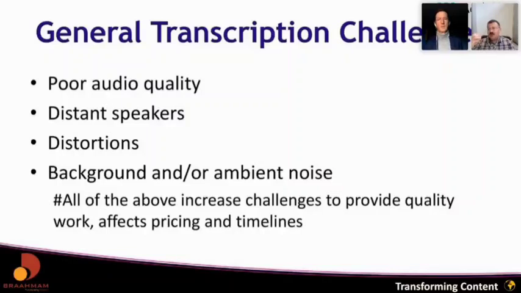An almost similar problem can come if there is a distant speaker. Sometimes we have interviews where the microphone has been kept slightly away, or the speaker is speaking at a distance, and the volume levels are not adequate. And in spite of re-engineering, when you amplify the overall volume, the noise also amplifies with the overall video. So that can create a problem again. Sound distortion: sometimes you don't have good quality equipment, or the environment is not ideal, so there will be voice distortion. Again, ASR would not work very well in those cases, and sometimes even humans may not be able to listen to it very well.